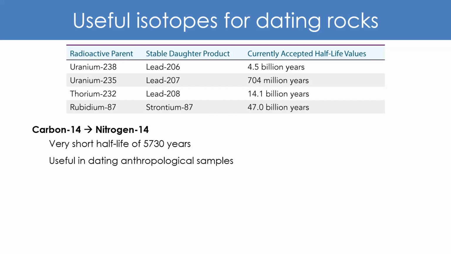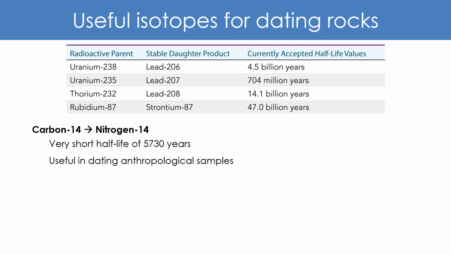So we can do this with a number of things. Because the half-life of uranium is so large, and because Earth itself is only 4.6 billion years old, it doesn't give us a lot of leeway in what we can study. So that's why we look at different isotopes. So carbon-14 is a pretty common one used by geologists. It's one of the shortest half-lives,